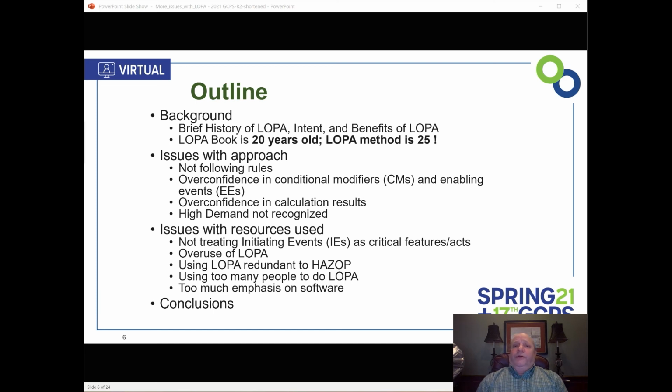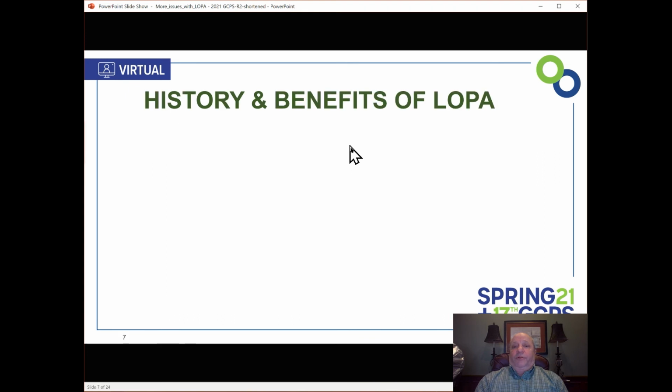This will be the third time we've presented a paper with this title, Issues with LOPA, Comments from the Originators. And we're doing this on the 20th anniversary of the LOPA book. In this presentation, we'll go over issues that we've seen and are still seeing with the approaches to people using LOPA, the technical issues. We'll also go over issues with the administrative use of LOPA